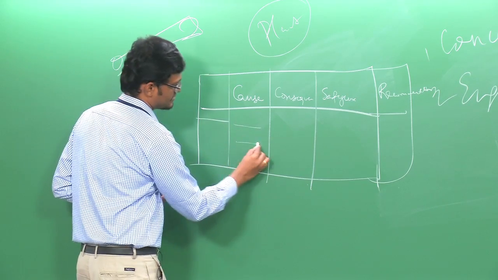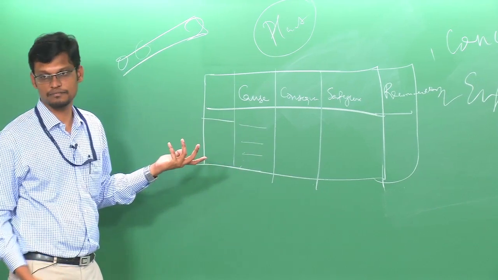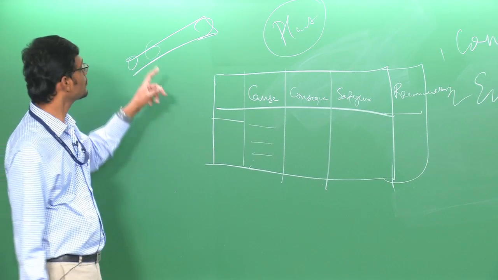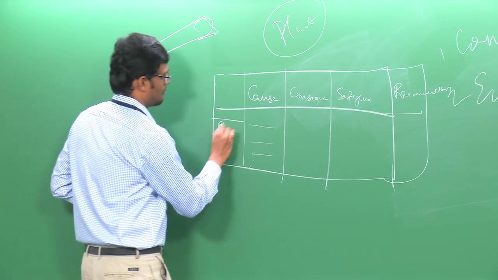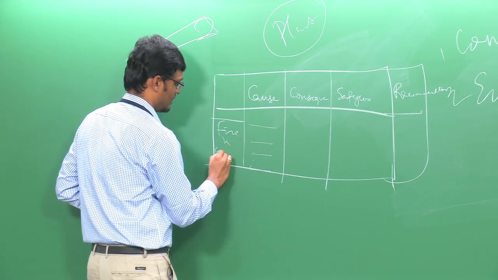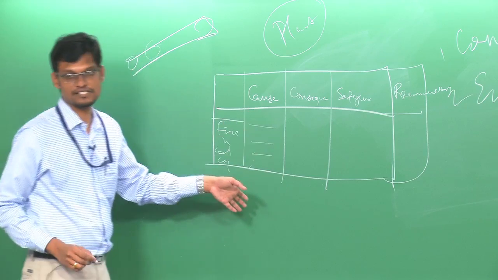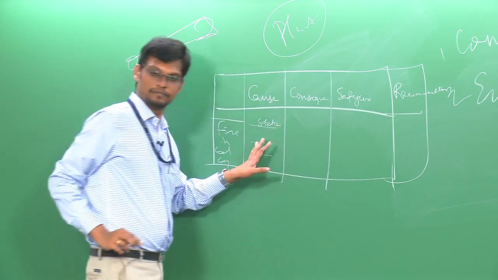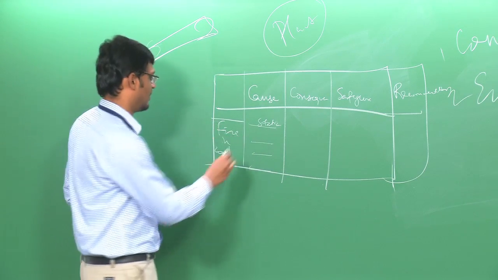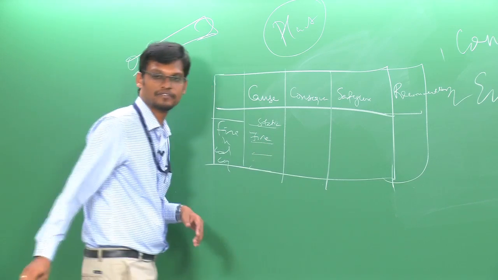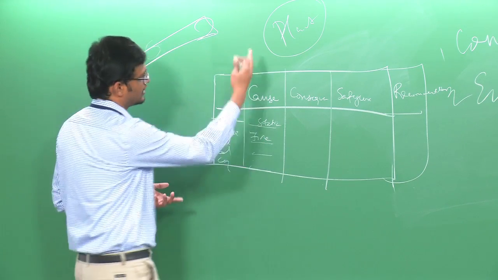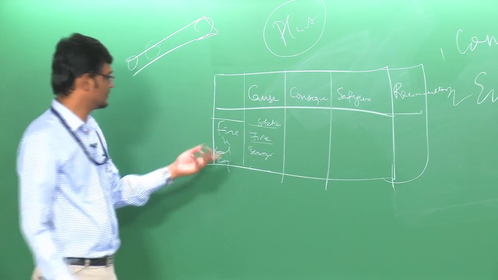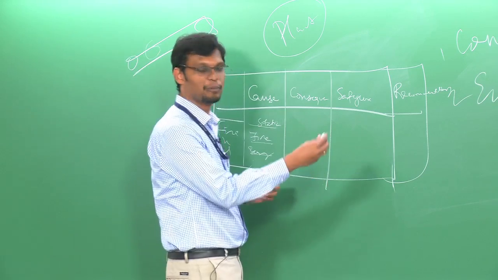What could be the various causes? No, what could be the cause for fire? My scenario is fire in coal conveyor. What could be the various causes? Excellent, static electricity. Okay. External fire. Okay. Heat generation because of the bearing, whatever, fine, okay. Yeah, fire, okay, group it under that, fine.